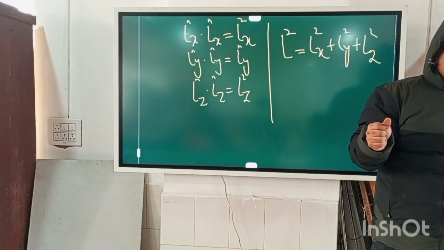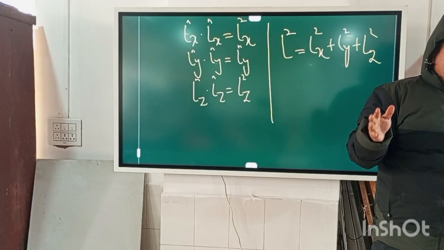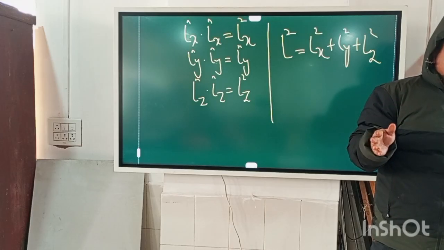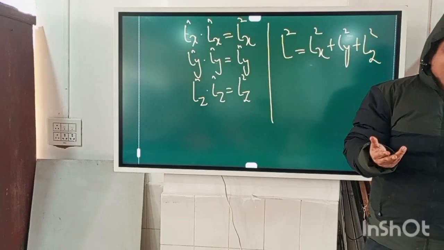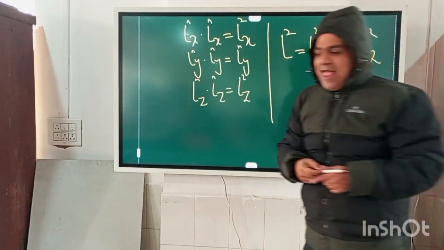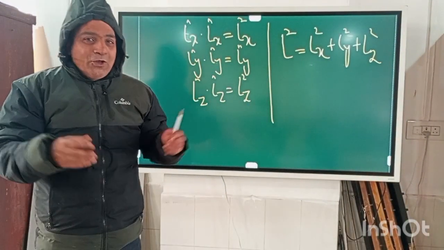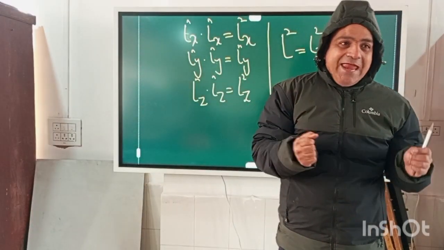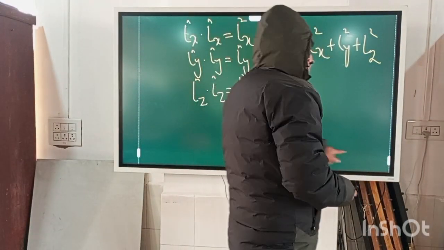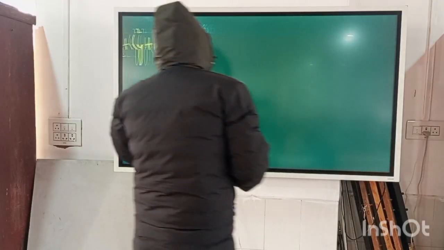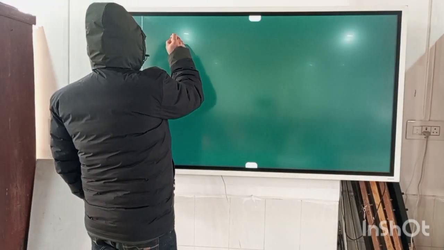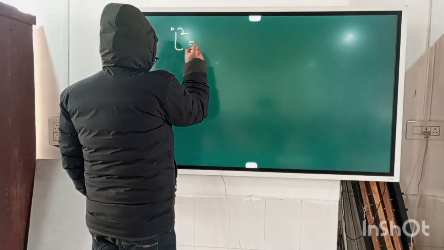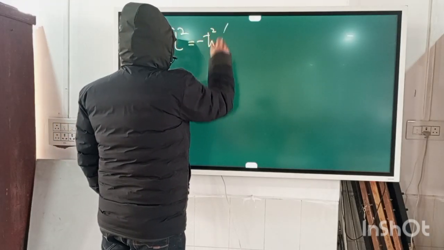Now the question is, the L square that we will obtain by doing all that algebra, what will be the result? I would like to write that down. And not to be surprised, as I told you, the L square that we have obtained is minus h bar square times